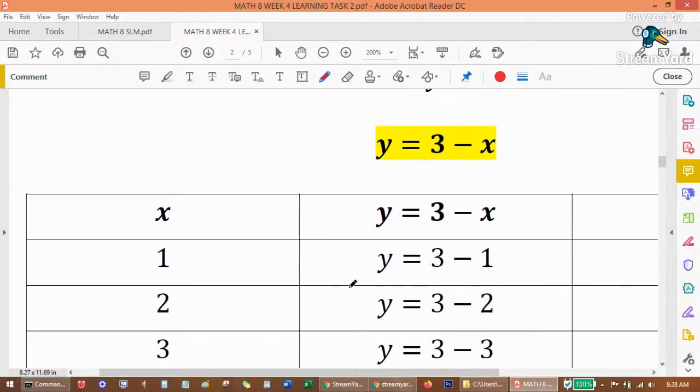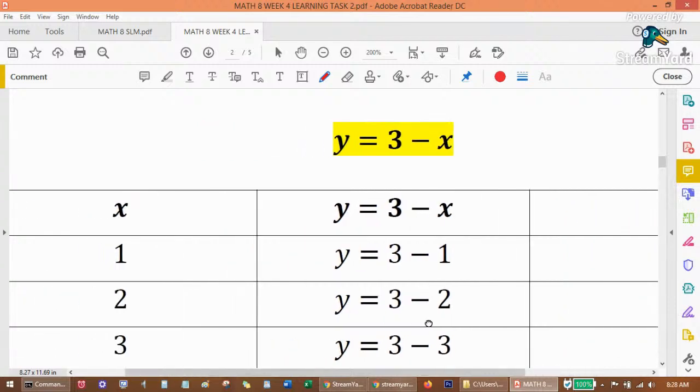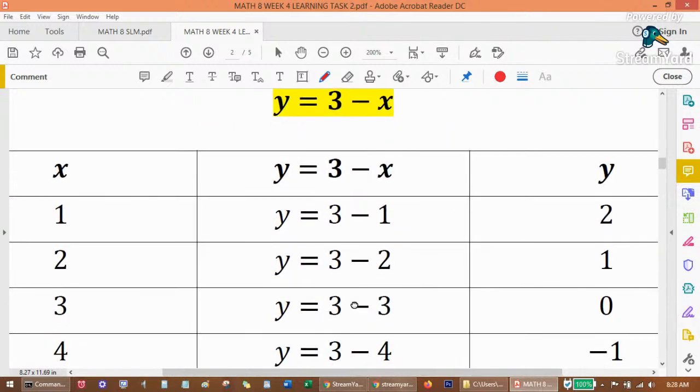So, let's continue. Kapag daw ang x ay ginawang 3, ano ang magiging value ng y? So, y is equal to 3 minus 3. Bakit 3 minus 3? Because yung x, papalitan mo ng 3. So, 3 minus 3 is equal to 0. Okay? Next,